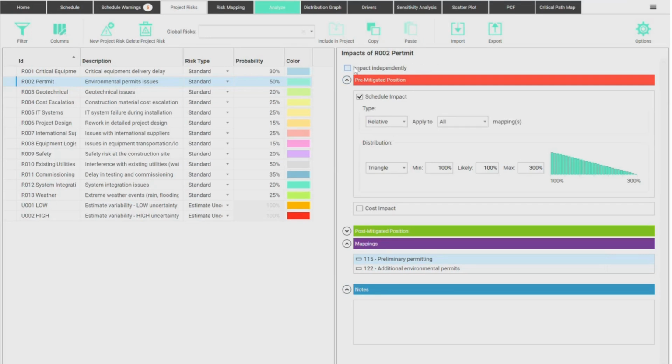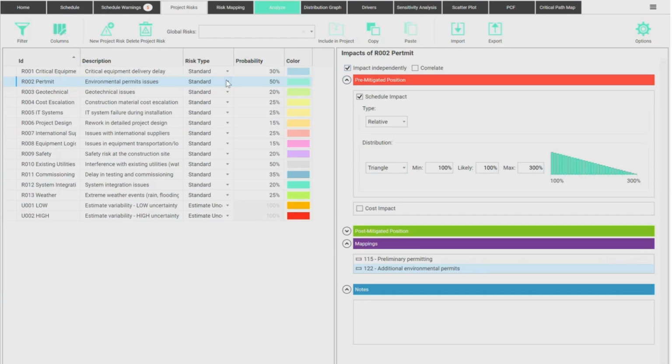So if I turn this option off here, impacting independently is off. When this risk happens with its 50% probability, it increases the duration of these 2 tasks simultaneously. Both of them will suffer greatly and jointly. Now, if I believe that this is just a category, maybe some permits will be delayed, but the other permits will be okay. I have 2 phases in my project where I apply for environmental licenses, where I go after my permits and licenses. I'm talking about a risk that may occur at either of them, or at both of them, or at none of them. So it's an independent risk.